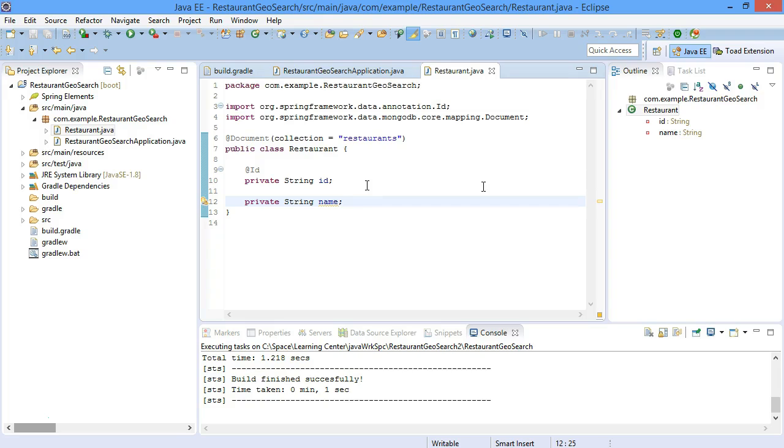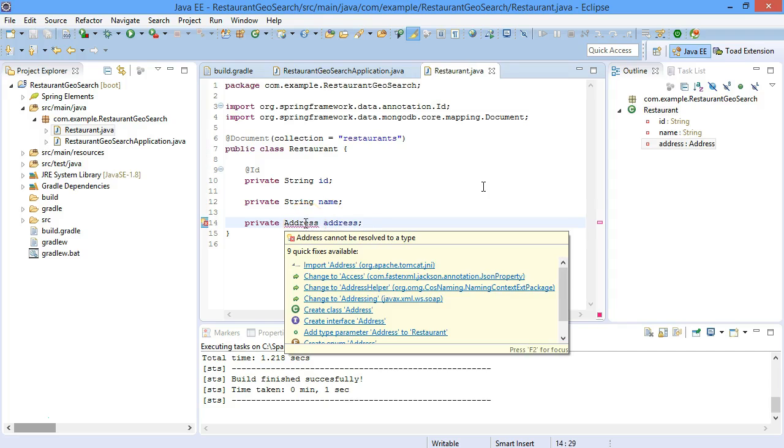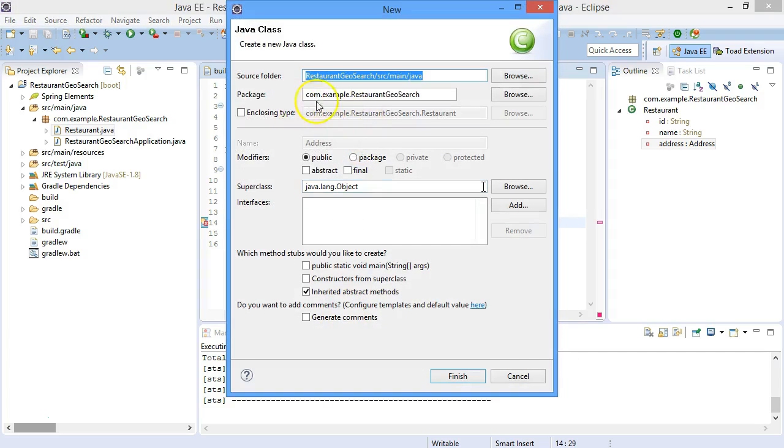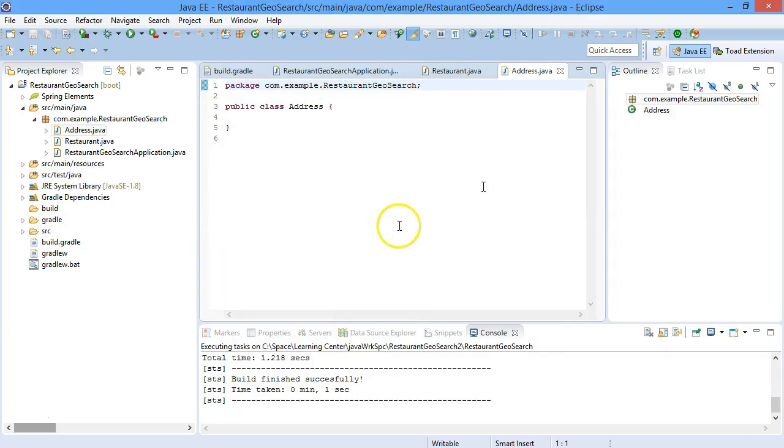Moving on to the attributes specific to GeoSearch, which is mostly the restaurant's address. To create the address, we will create constructs for address in separate, distinct classes. So if I have to define address here, I would do something like this. And since I'm using Eclipse IDE, it will give me an error with an option to create a class. So let me create a class called Address, and it automatically picks up my package and source folder. So now I have a distinct and separate class called Address, and now Address can have its own attributes: